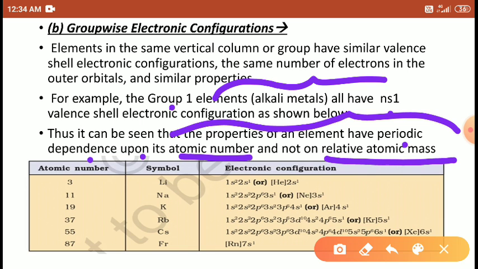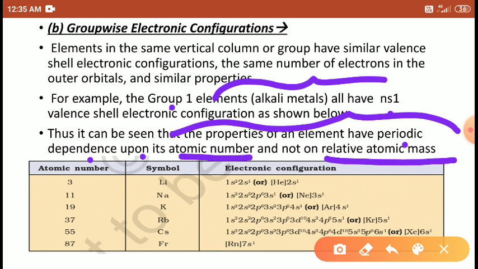When we arrange the elements and note down the electronic configuration, all the elements with similar outermost electrons exhibit similar properties. And one more thing: all the elements in a single group have